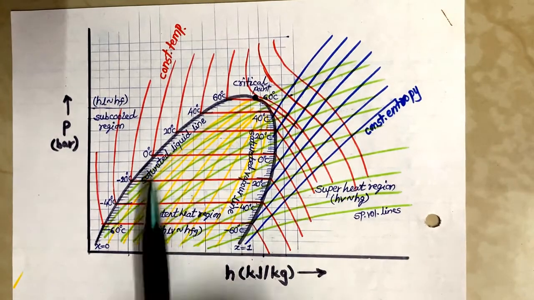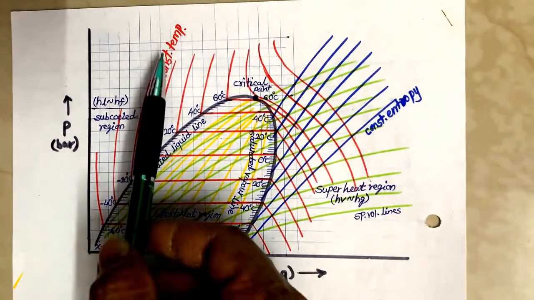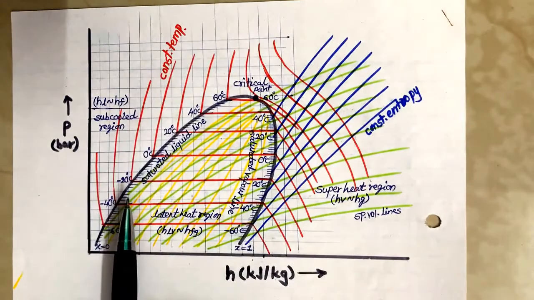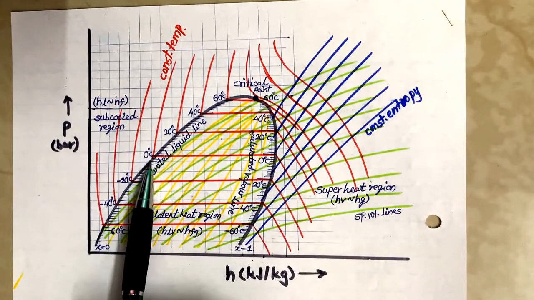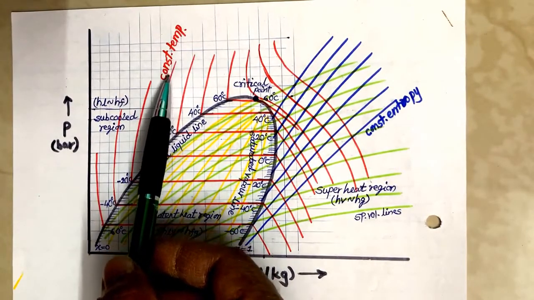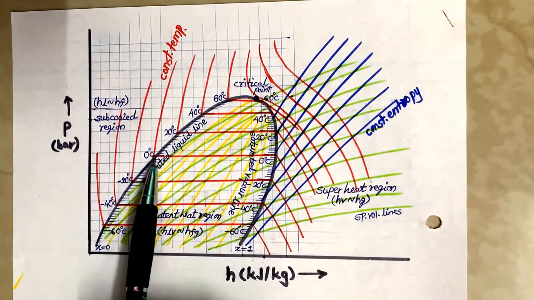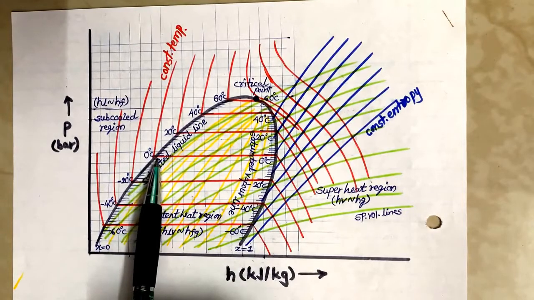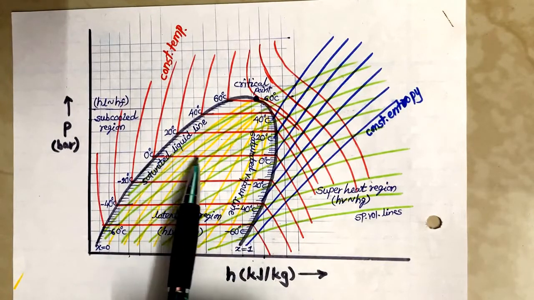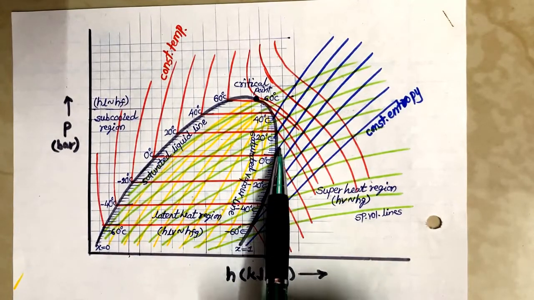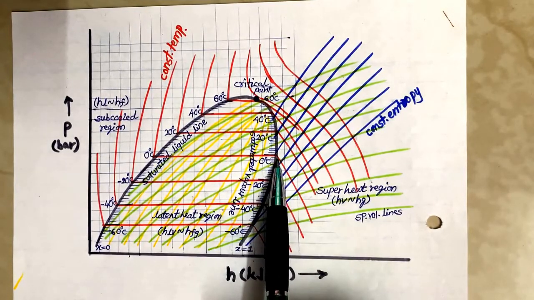Now, identifying the constant temperature lines. These red lines represent the constant temperature lines. So how does it go? Let us take a look at this 0 degree temperature line, which is a constant temperature line. It comes from the subcooled region and intersects the saturated liquid curve at 0 degrees, then it becomes exactly horizontal, and then it intersects the saturated vapor line exactly at 0 degrees centigrade, and then gets